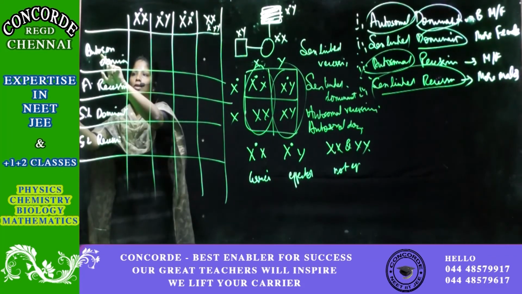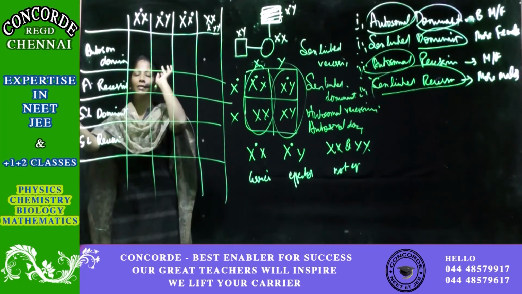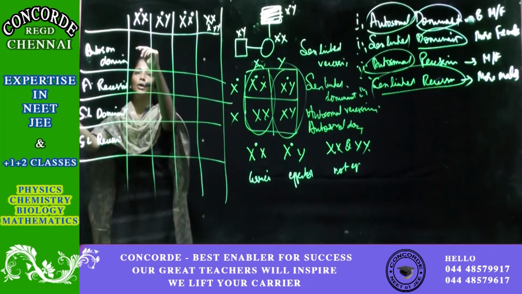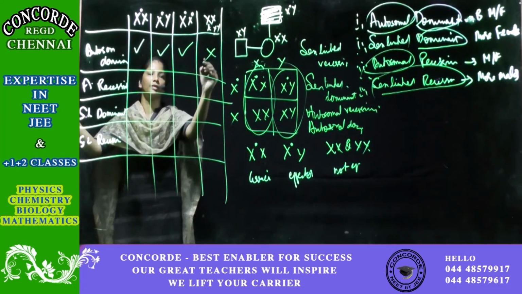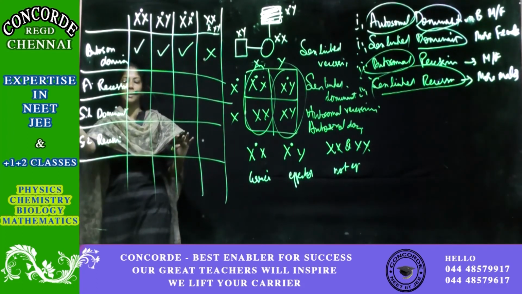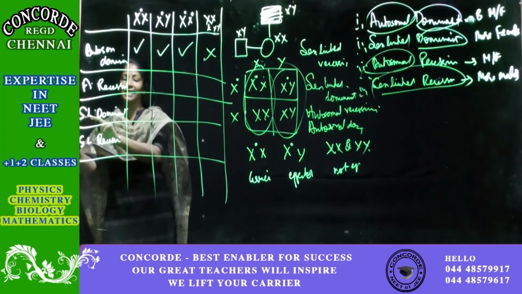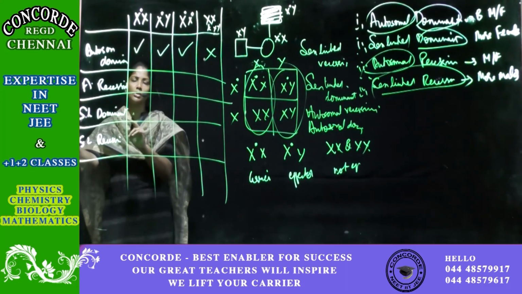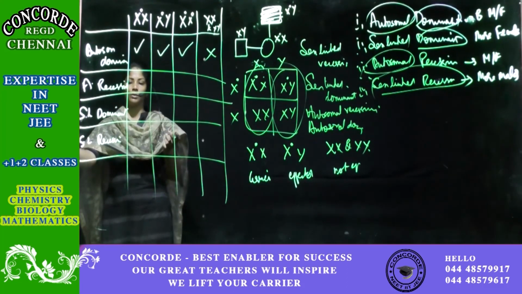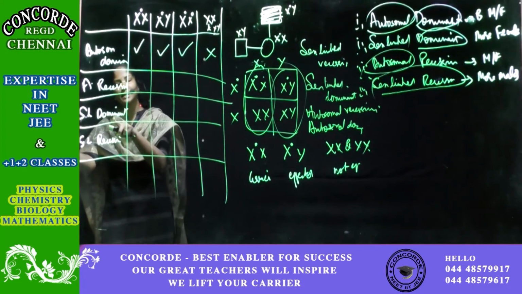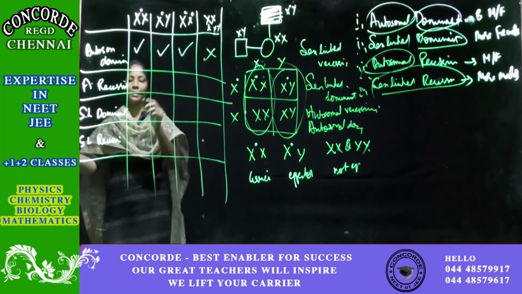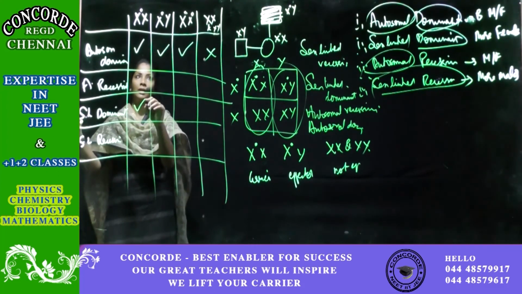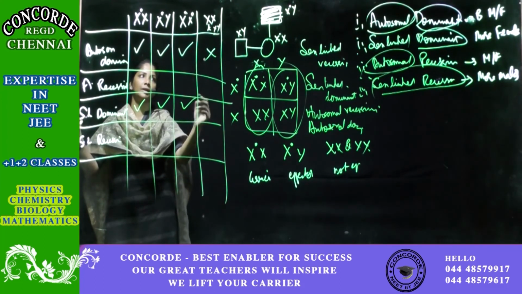If it is autosomal dominant, if I put a tick, it means they're affected. One copy, autosomal, don't look for X and Y. Even if you have one copy, they're affected. Two copies are there, affected. Not affected. Clear? Dominant is very easy. Next is sex-linked dominant. Now I have to check for the X and Y chromosome. Just because they're saying it's dominant, it's very easy. Though you have one copy, it means it is affected. So sex-linked dominant: affected, affected, affected, not affected.